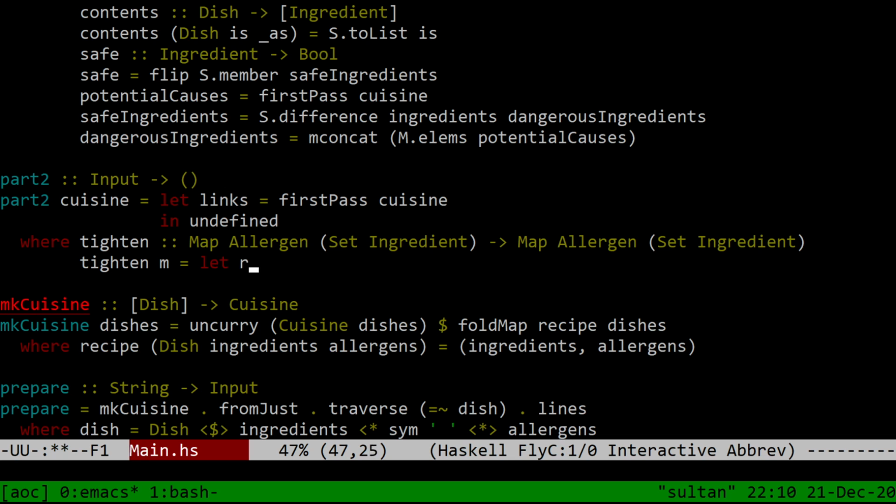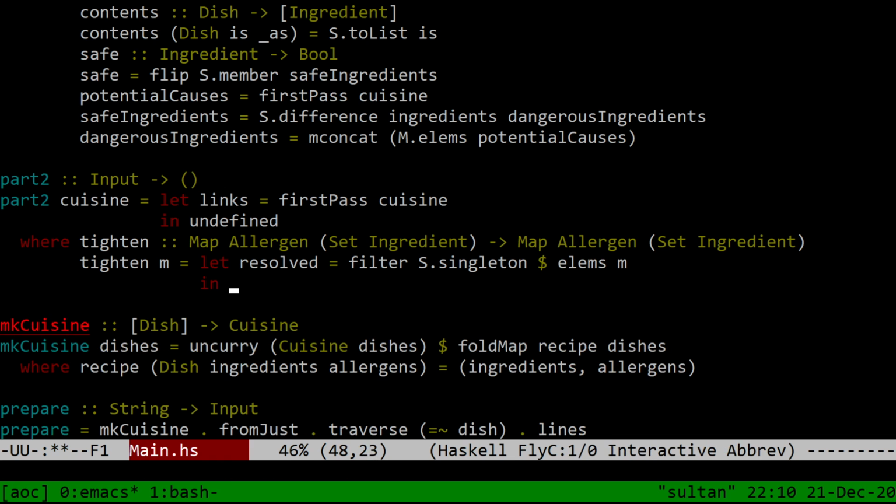Let's say let resolved equal filter S singleton over the elms of M in, and now I guess we want to make this into a set as well. S dot from list. Now we have a set of all already resolved allergens, and we want to